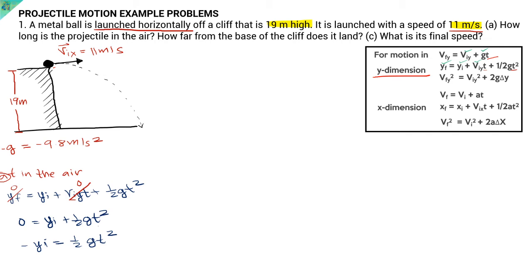I think we can already write down our variables. yi is our initial position, and that's 19 meters. So negative 19 is equal to 1/2 times negative 9.8 t squared. Simplifying this, we're going to have negative 19 is equal to negative